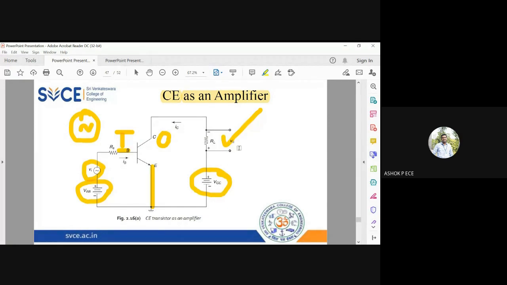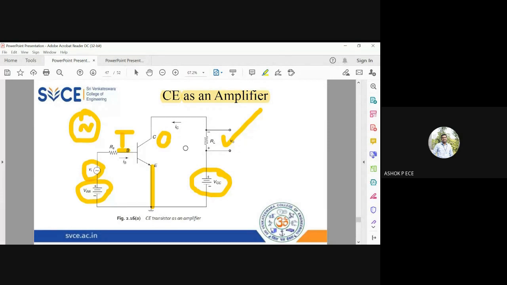Ohm's law, buddy, you know V is equal to IR. Here I'm measuring V across RL. It is given by V naught, equal to current into resistance. Current flowing through RL is IC, so it is IC into RL. And you see here V naught polarity is negative. That is why I said VI is positive, V naught is negative.